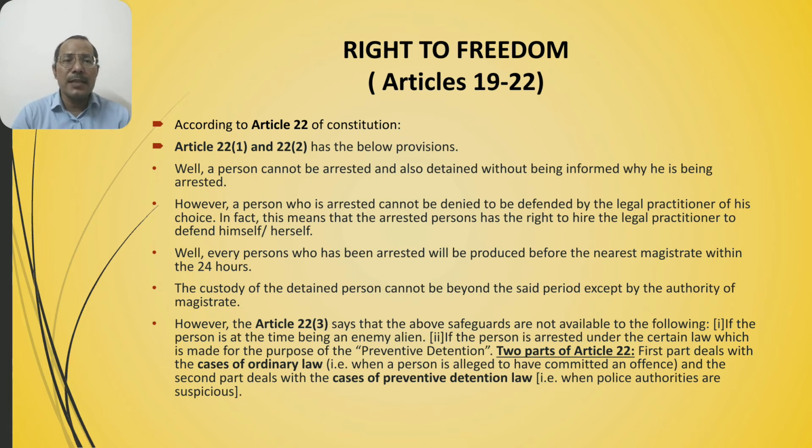Second, if the person is arrested under a certain law which is made for the purpose of preventive detention. There are two parts of Article 22. The first part deals with the case of ordinary law, that is when a person is alleged to have committed an offense, and the second part deals with the cases of preventive detention, that is when police authorities are suspicious of the person, that this person had done some crime which is not acceptable by the people, by the country,